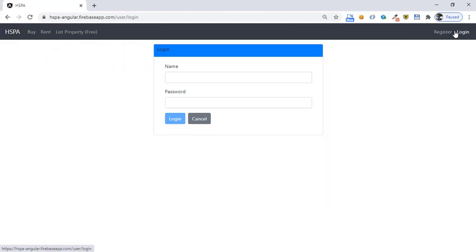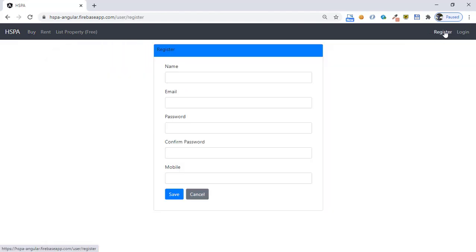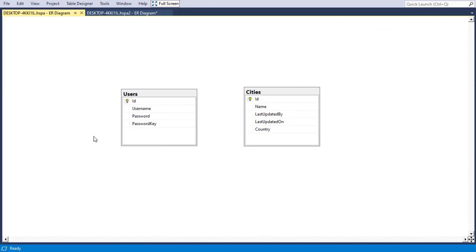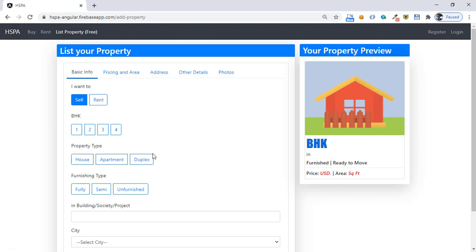So our registration and login page has been integrated with our backend. Until now, we have created two entities, user and cities, and these were very simple ones. There was no relationship between these two entities. But now we are going to create an entity for this property form, and this entity will contain other entities